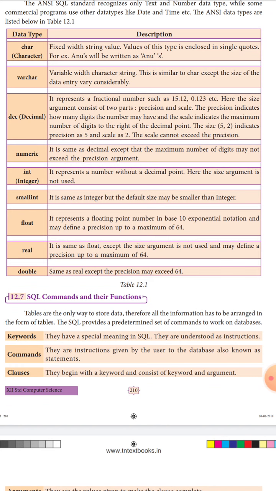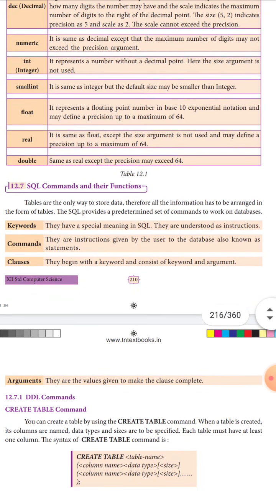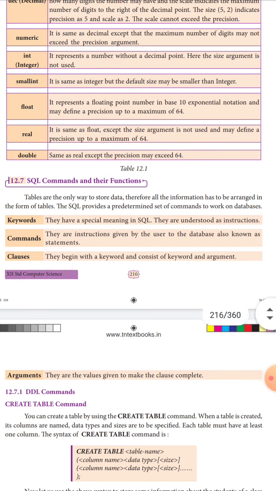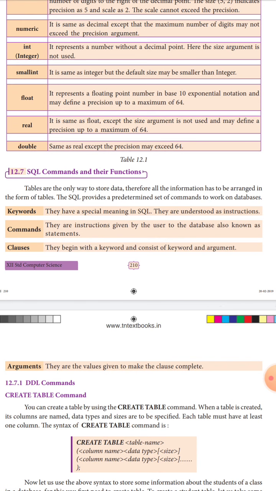Next are the SQL commands and their functions. Tables are the only way to store the data. Therefore, all the information has to be arranged in the form of tables. SQL provides a predetermined set of commands to work with. First are keywords, which have special meaning in SQL and are understood as the instructions you are giving.